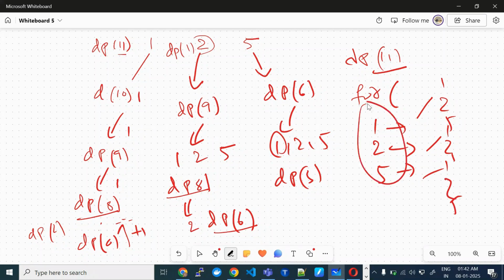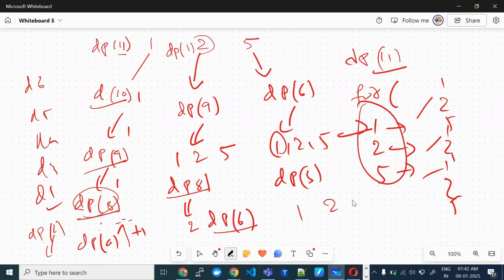So what happens is, at the beginning itself you will calculate all of dp of 10, what is the result, dp of 9, what is the best possible result, dp of 8, then dp of 6, dp of 5, dp of 4, dp of 3, dp of 1, because the starting element is 1. At the end, for 1 to 5, you will keep checking for the 2 value. That's how the overall